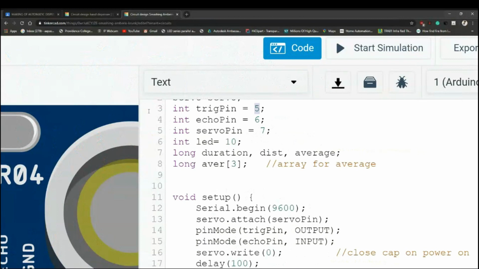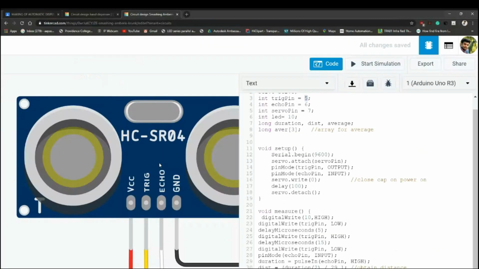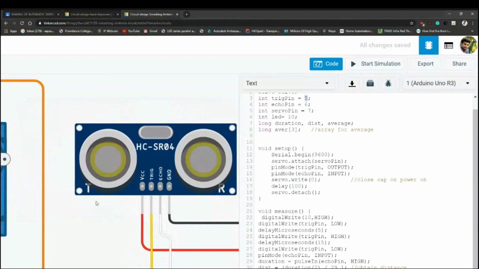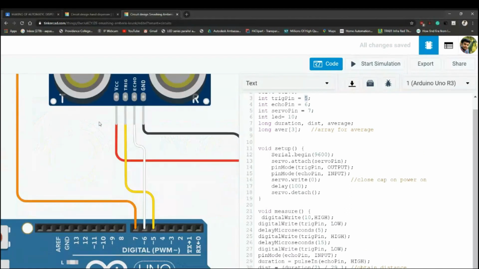I hope you guys remember how we did it, right? We have connected our trigger pin, which is this pin, over to the PWM signal of the digital pin 5. See the yellow wire coming to D5. Now we have to initialize our echo pin, which is 6.